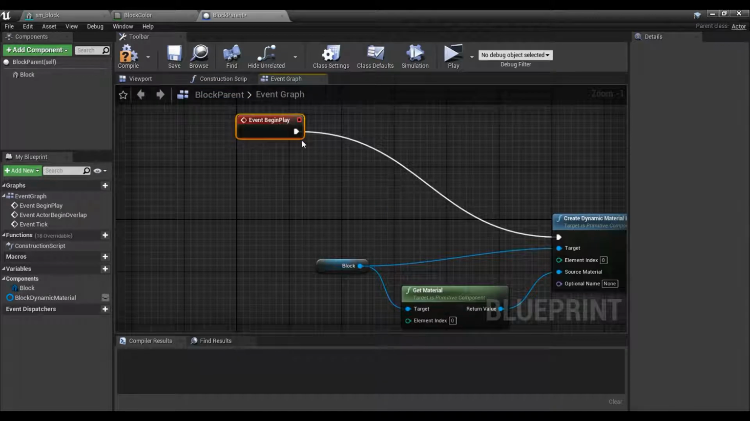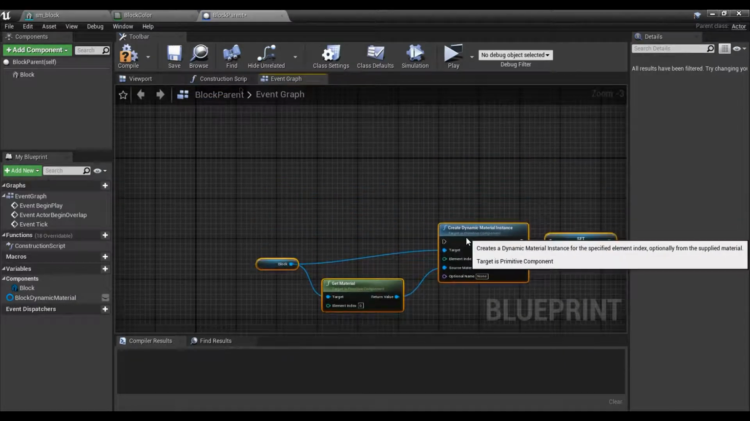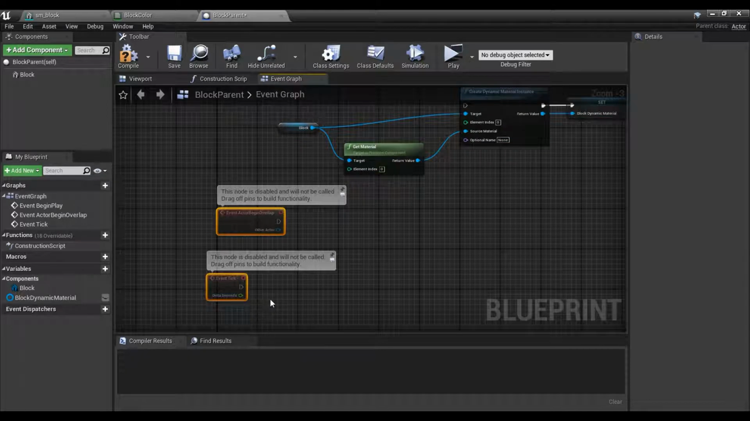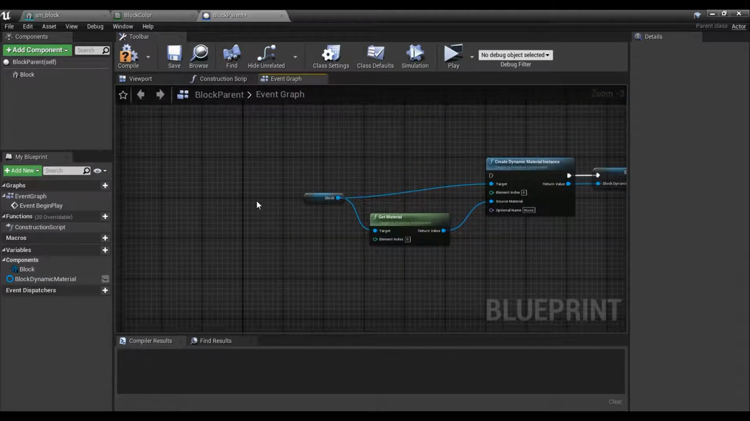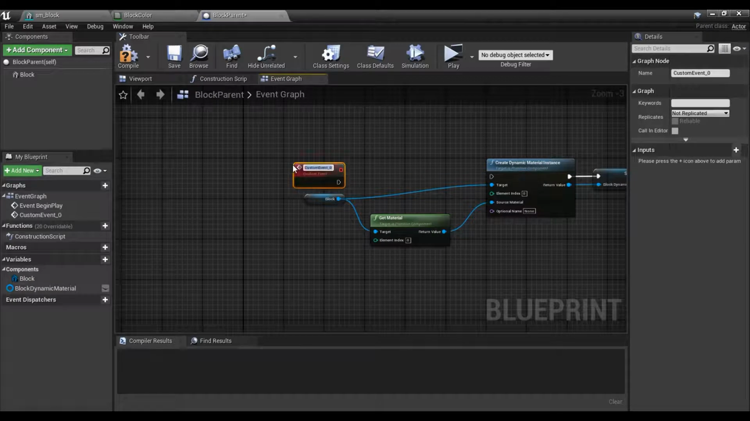And I'm going to break the link. Come here, you. Let's move this down. We'll make this into a custom event here. Just get rid of these for now. Do a right-click, custom event. And I'll call this one